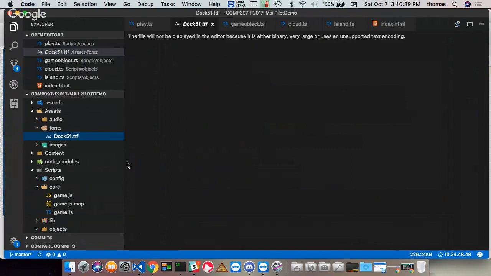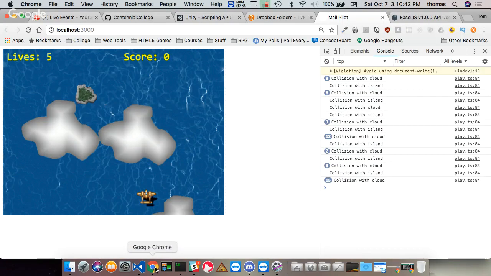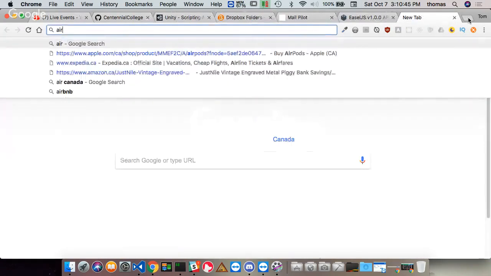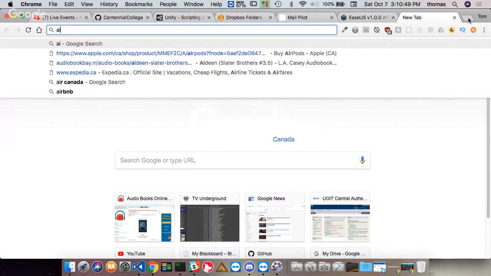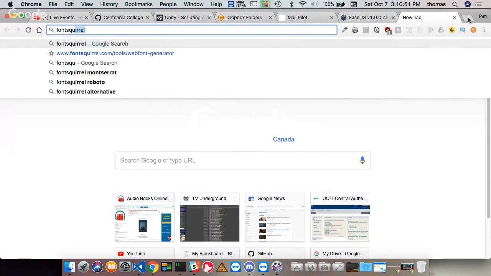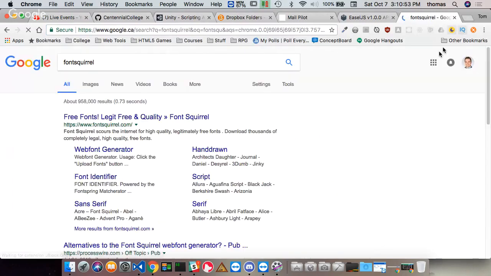And there used to be a service, hopefully it's still around, that does that for us. It's called Font Squirrel, not Air Squirrel. So if I go to Font Squirrel,